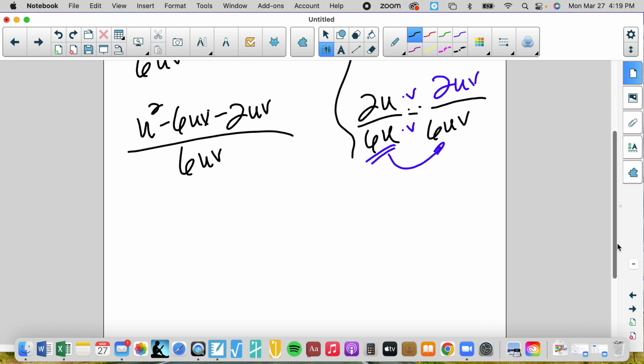Who's getting this problem right? We have like terms. Negative 6uv and negative 2uv is,